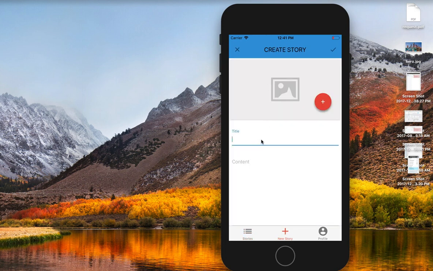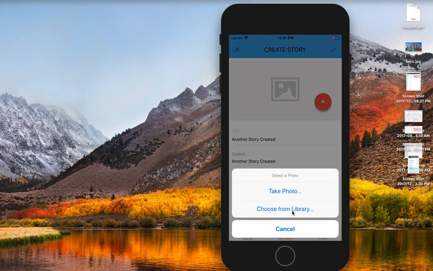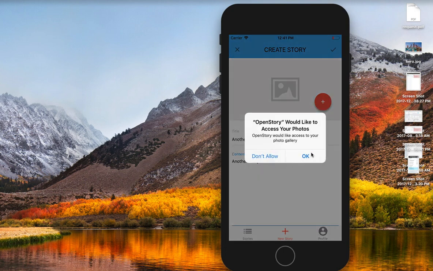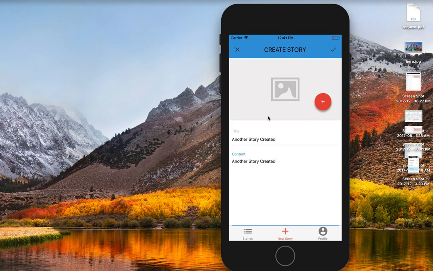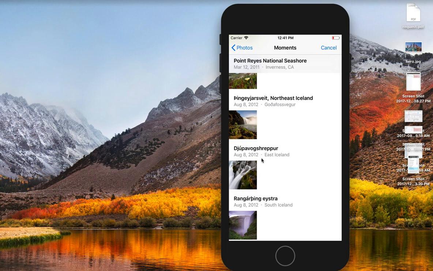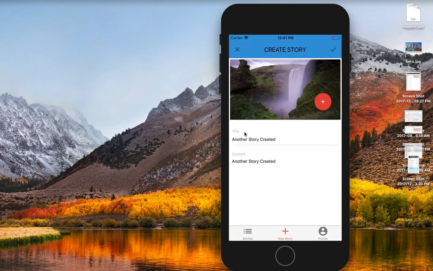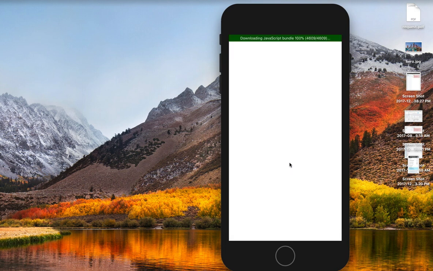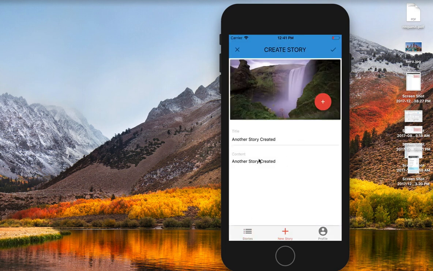Now let's go ahead and create another story. So another story created. Let's add an image. We've got our great library here. Okay, now because we're using persistent storage, we can refresh this whole app, and our new story is saved into